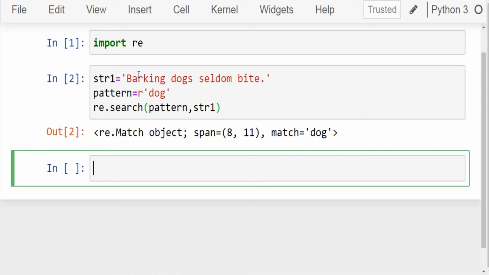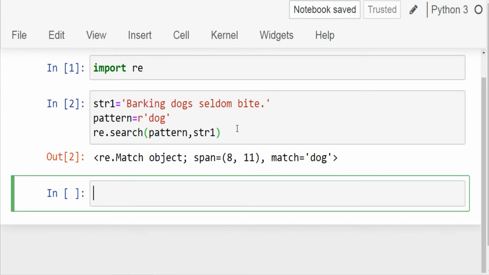Now run the cell. See that you have got the matched object dog. The search function has also returned the location of the match object, which is represented by its span. It is a tuple containing two values, 8 and 11, which are the starting and ending locations of the match object respectively.